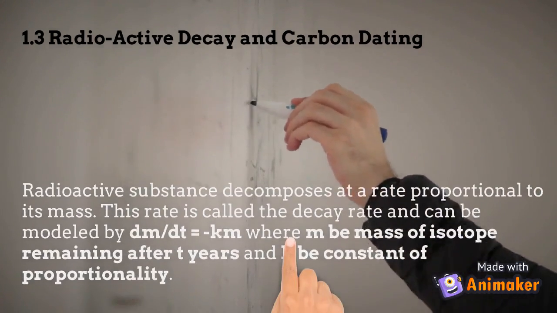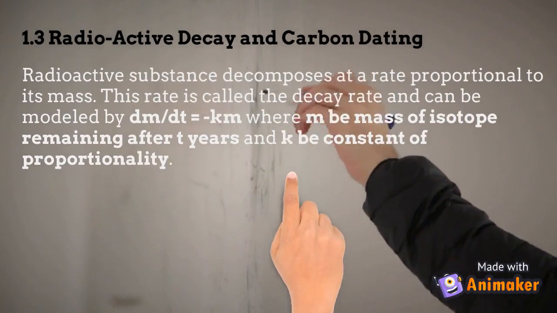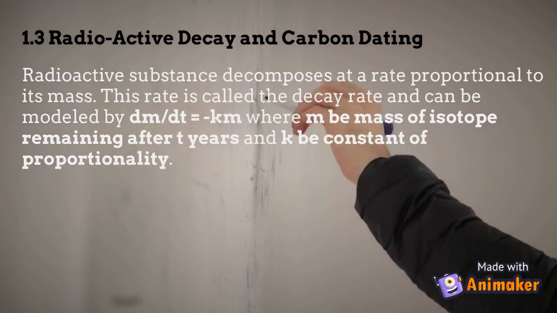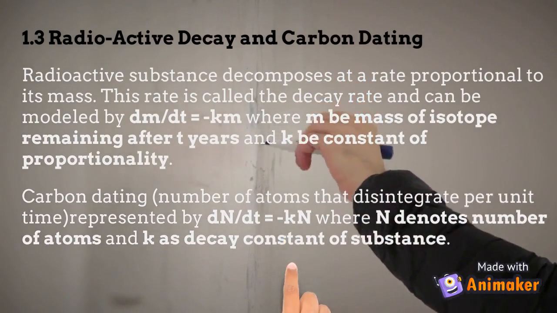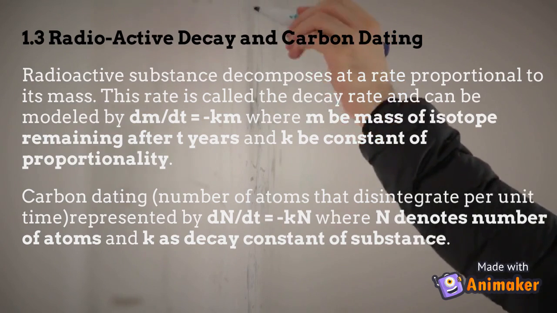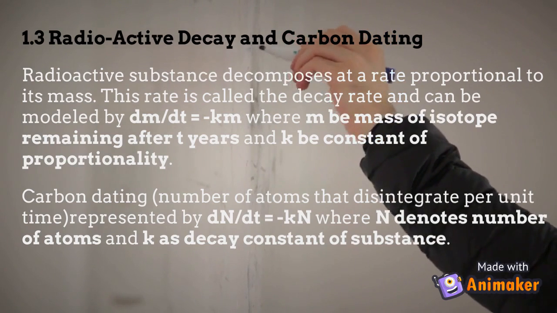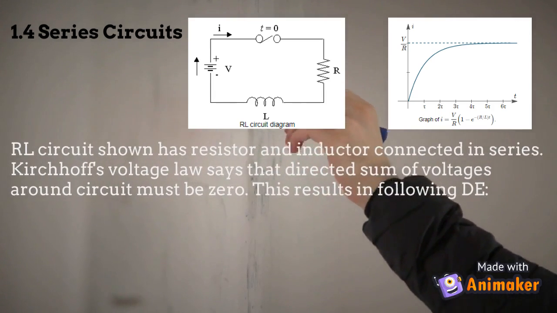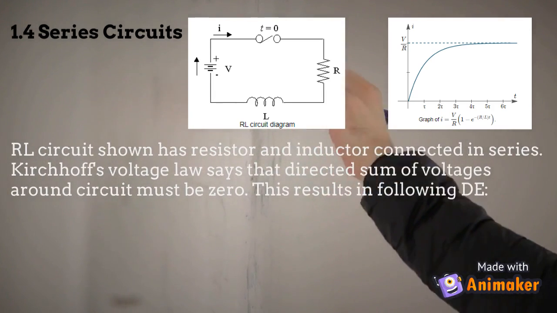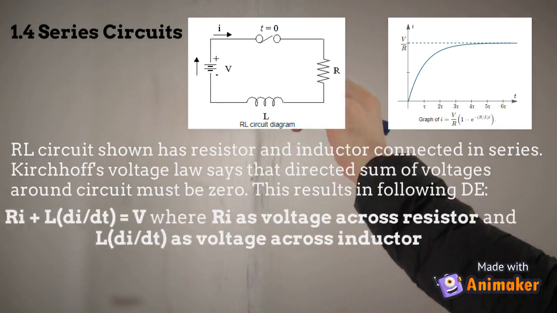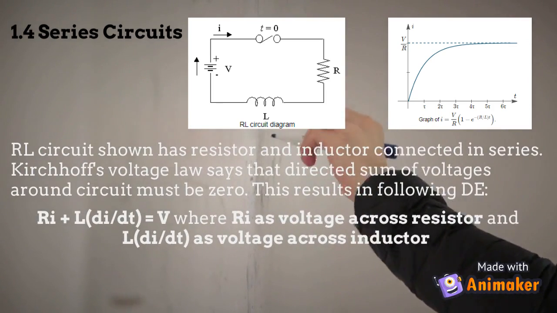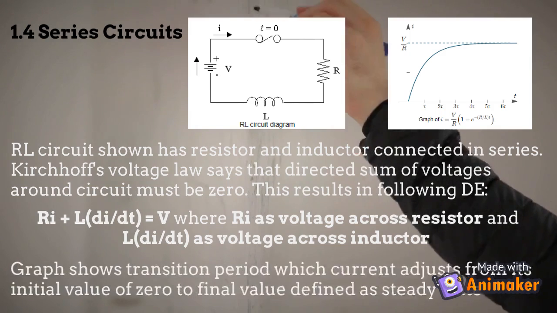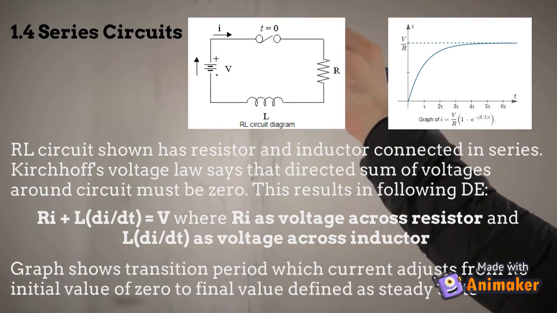Radioactive decay and carbon dating are other real-life problems that use the separable method, and they can be shown as in the description. An RL circuit has a resistor and inductor connected in series. By Kirchhoff's voltage law, the result is the following: dE